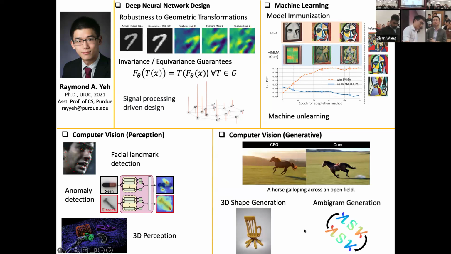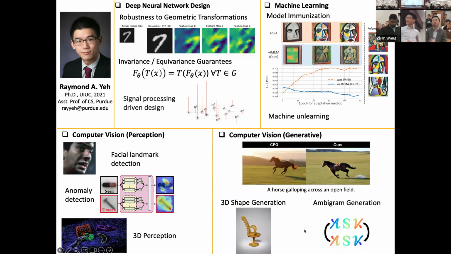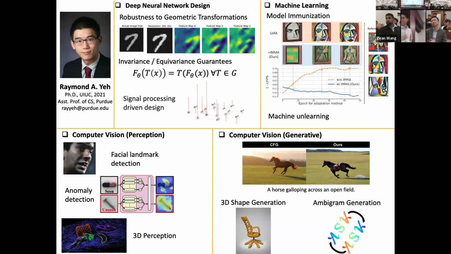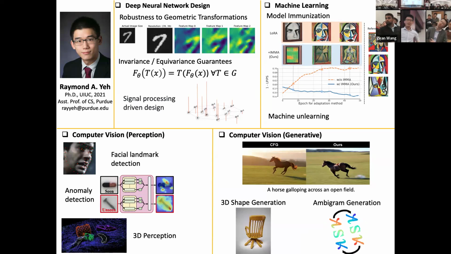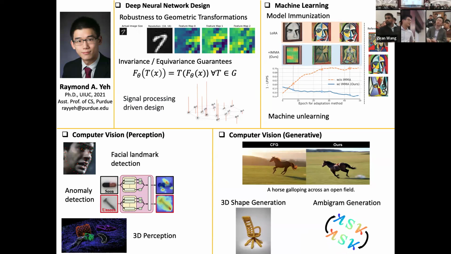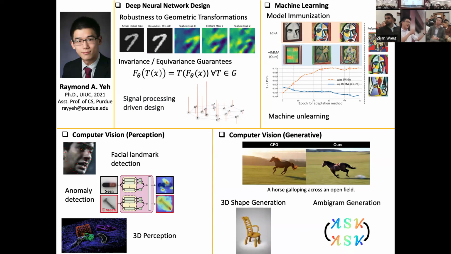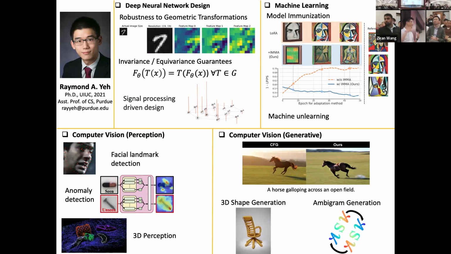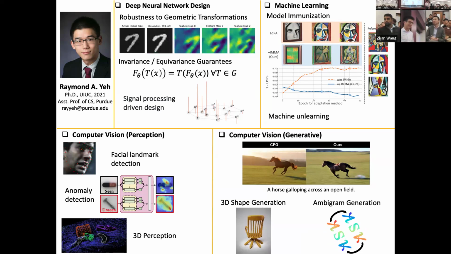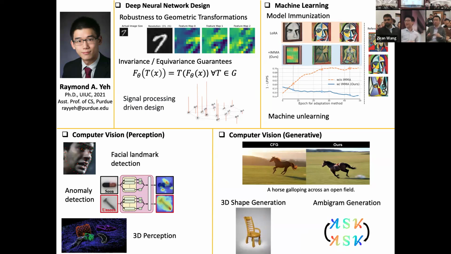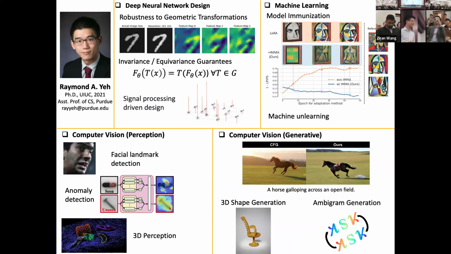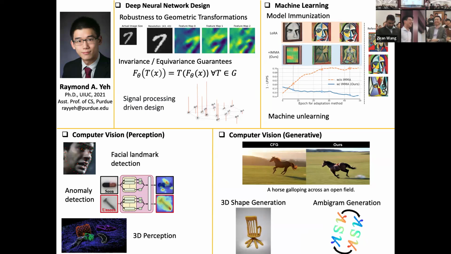And finally, this is a project that I really like to talk about. It's called ambiguity generation. This is actually done by an undergrad at Purdue. So what we did is we let AI design text fonts such that if you read it upright and rotated by 180 degrees, it looks exactly the same. This is a cool project that I like to show off because it was out of the box, proposed by an undergrad from Purdue. And I guess that's a good time to say, if you have any questions from